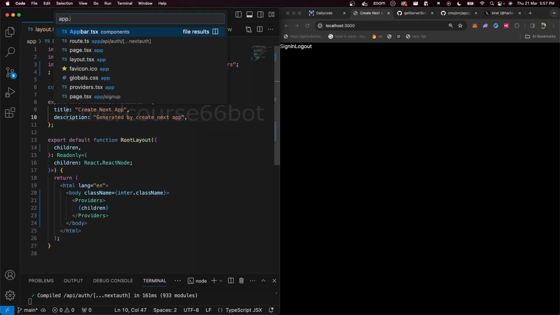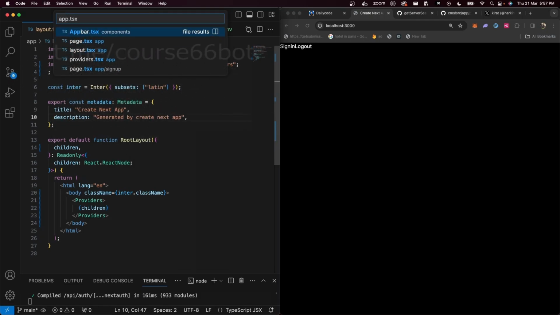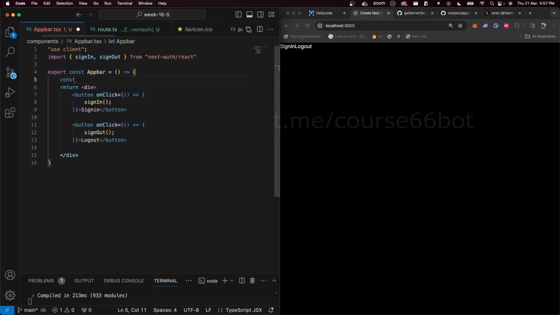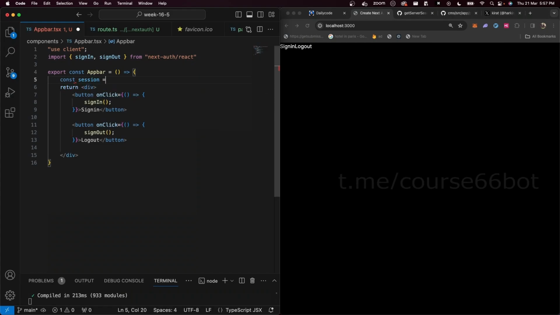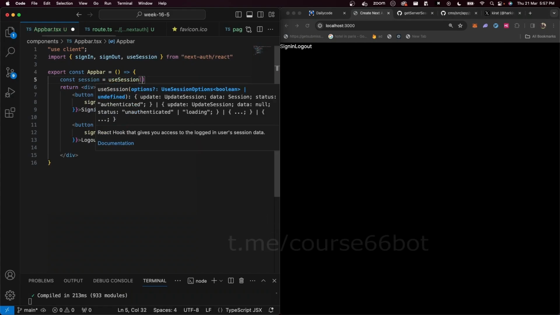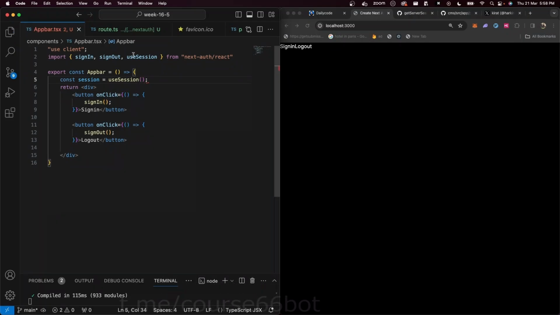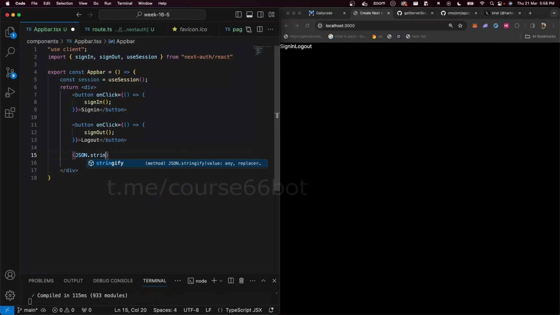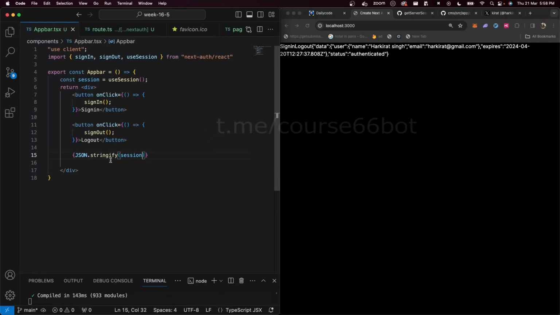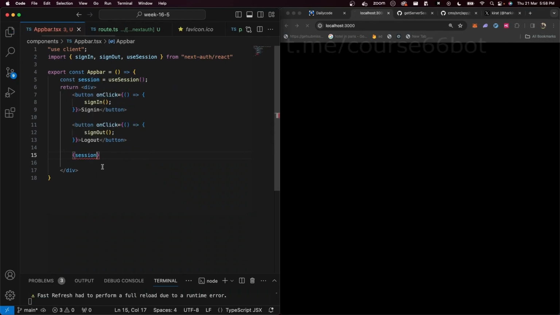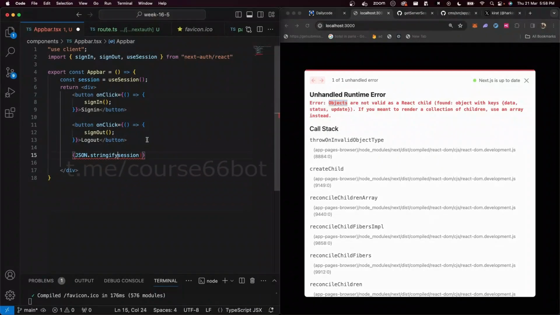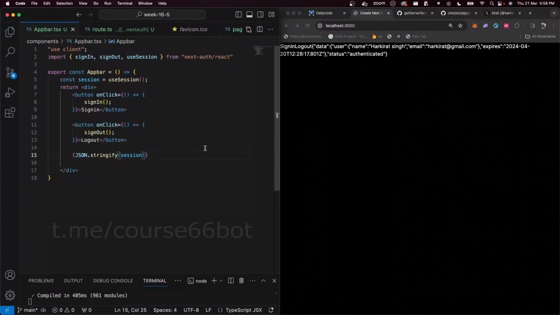The answer is app.tsx. If I go to app bar, you can simply use a hook called use session that comes from next auth slash react, and you can render session over here. Harkirat, why did you have to JSON.stringify it? Because session is an object and you can't really put an object here. If you do, it says objects are not valid children, which is why you have to wrap it inside a